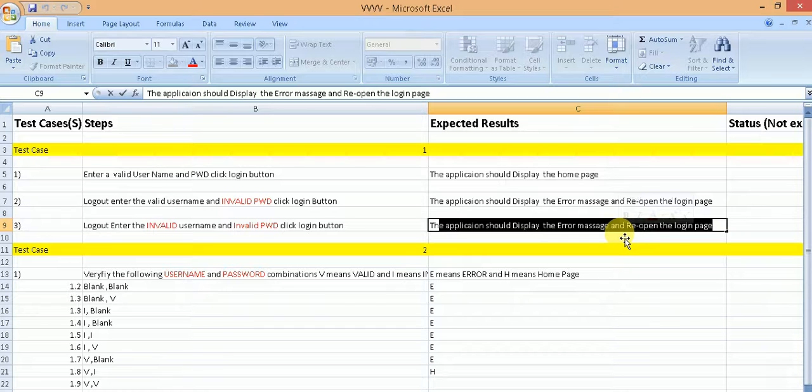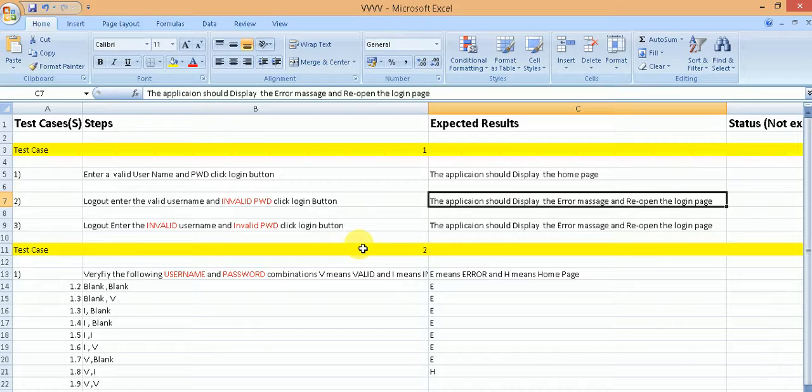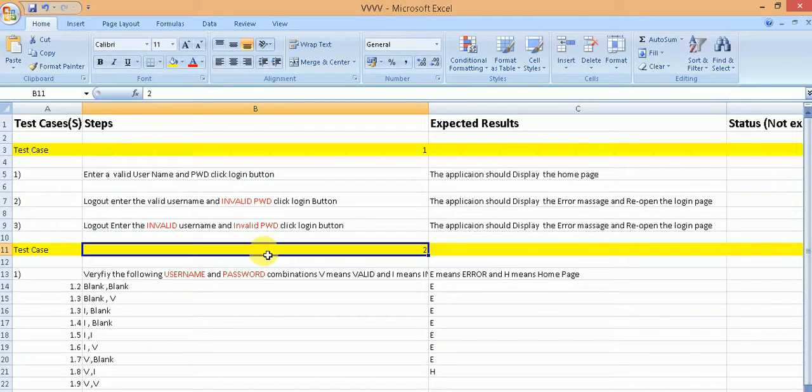Now there are some problems with this ordinary test case. Well, what are the problems? Well, the first problem is that there is a lot of text over here. So first it's a positive test, and that is fine, and then a lot of typing has been used to describe what kind of negative input is to be given, and there is duplicity also. The same expected result is copied from step number 2 to step number 3.